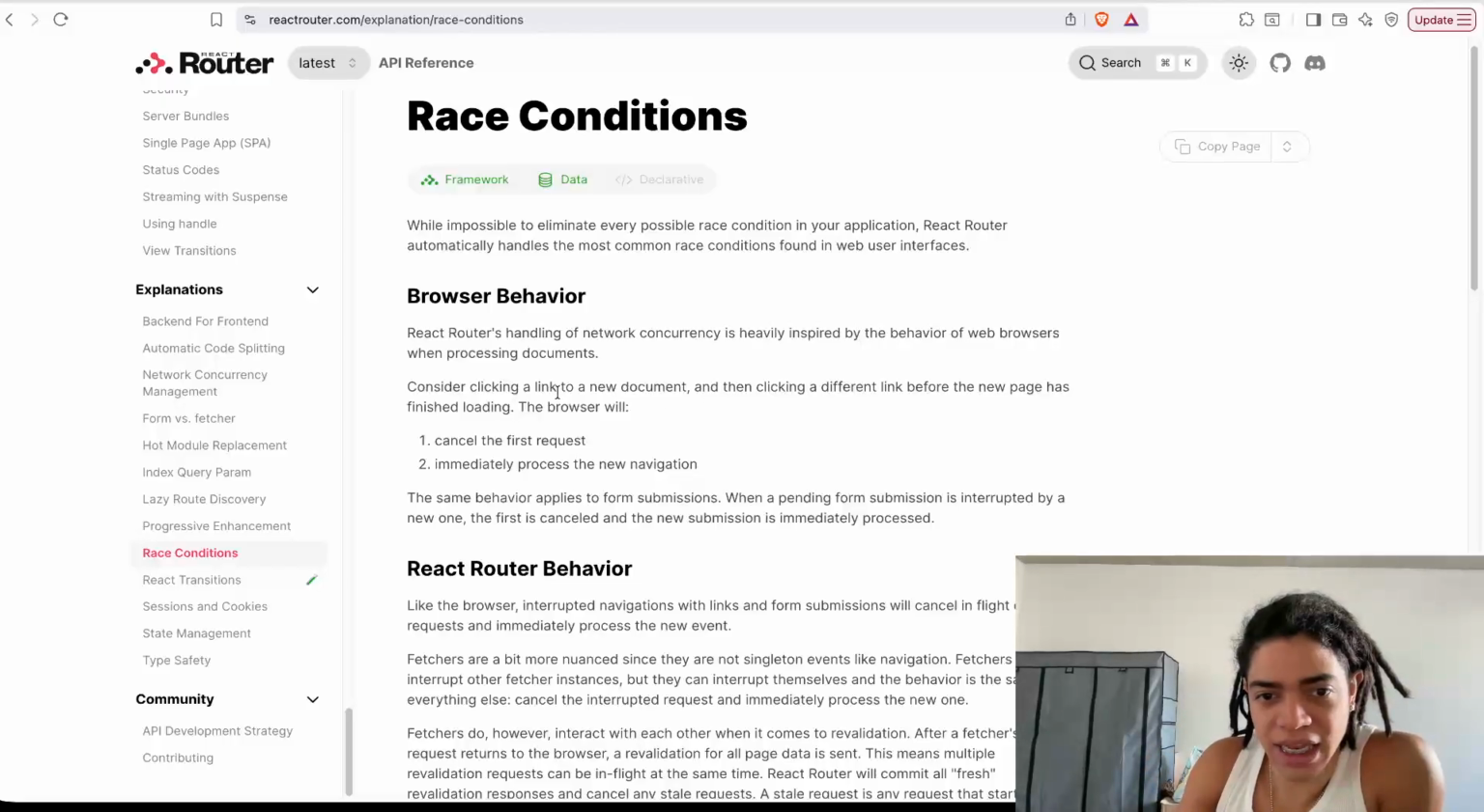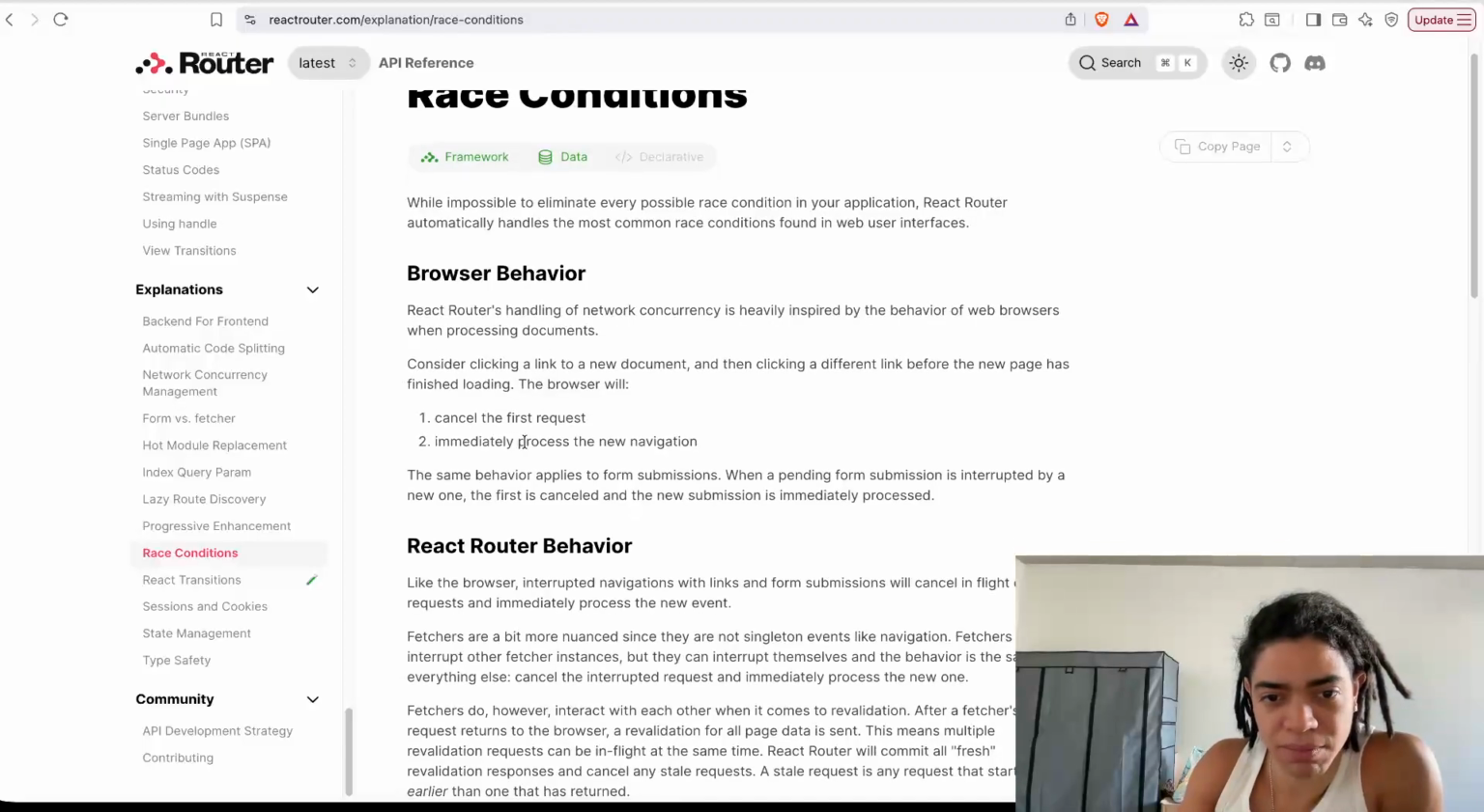Consider clicking a link to a new document and then clicking a different link before the new page has finished loading. The browser will cancel the first request and then immediately process the new navigation. The same behavior applies to form submission. When a pending form submission is interrupted by a new one, the first is canceled and the new submission is immediately processed. And I started to understand why